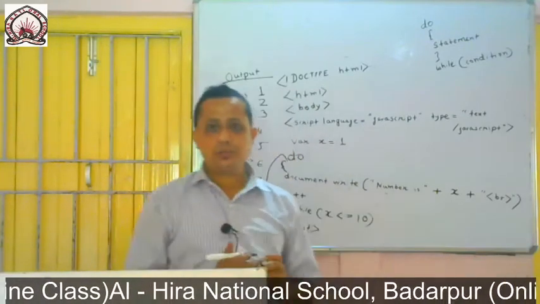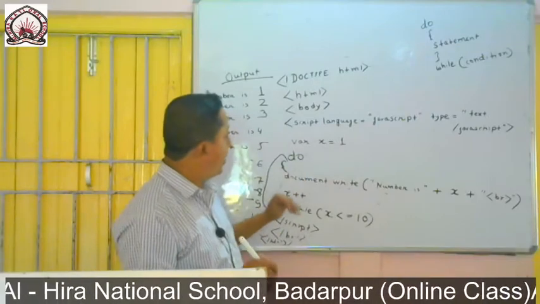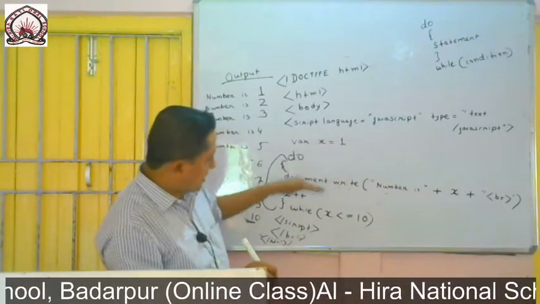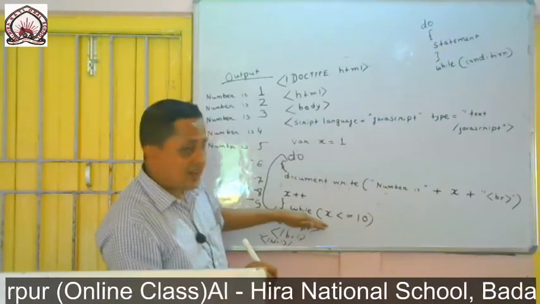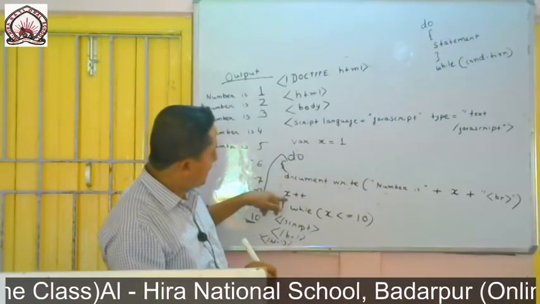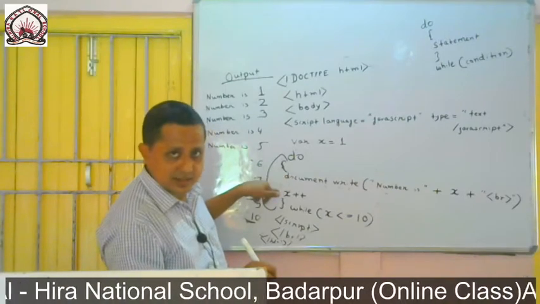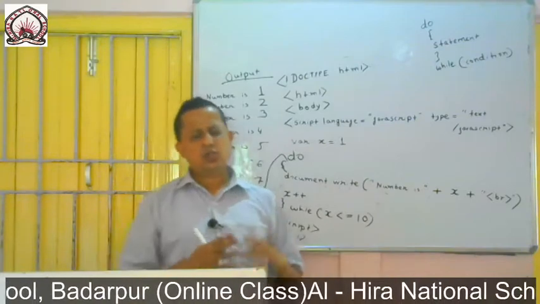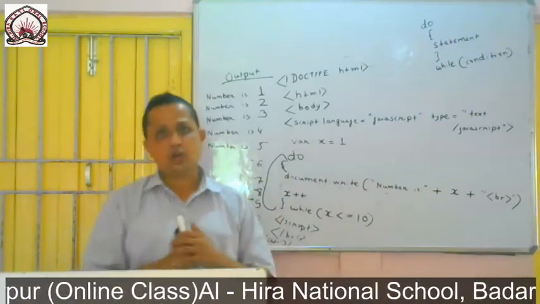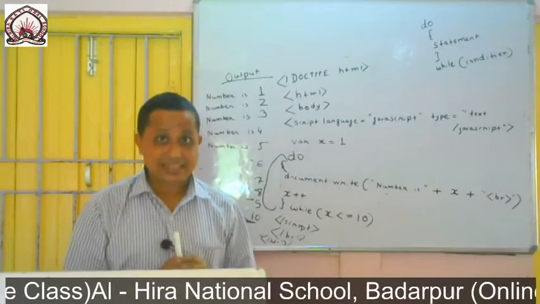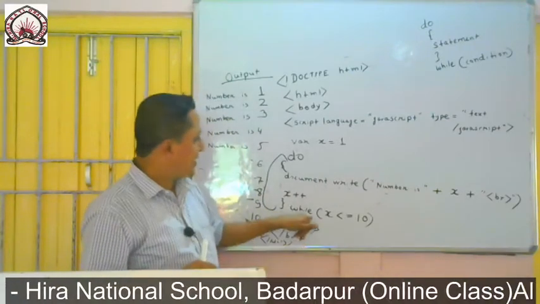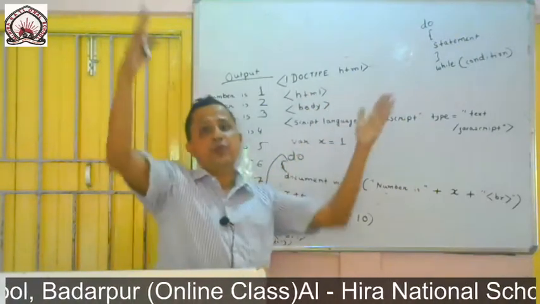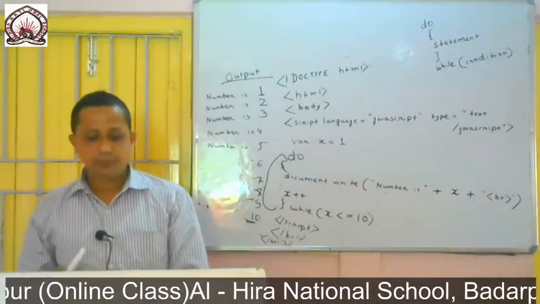While loop and do while loop. Just see the difference. In the while loop, the condition was before the statement. In the do while loop, the condition is at the last, after the statement, and always the increment or decrement is after the statement. For this reason, the while loop is known as entry control loop, and do while is known as exit control loop. It means the condition is at last, so it is exit, and in while loop the condition is before, it is known as entry control loop.